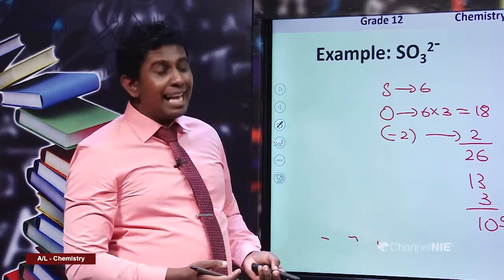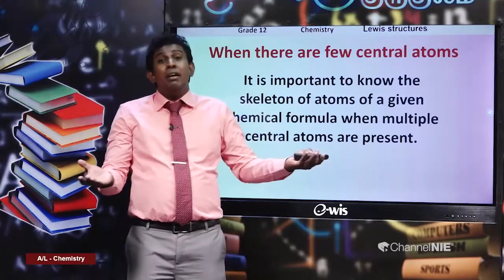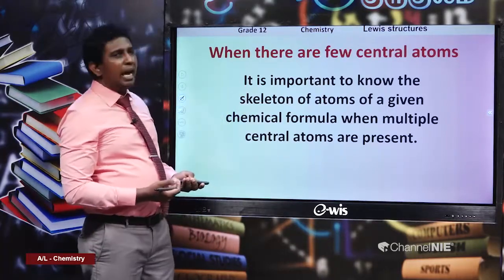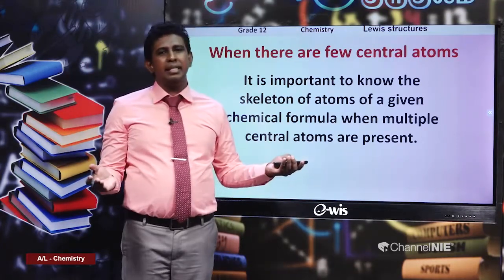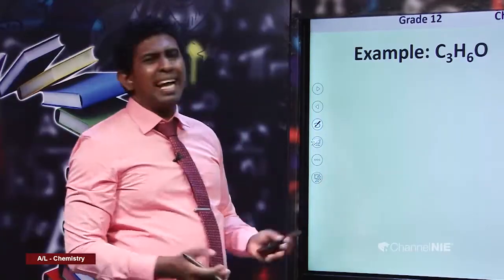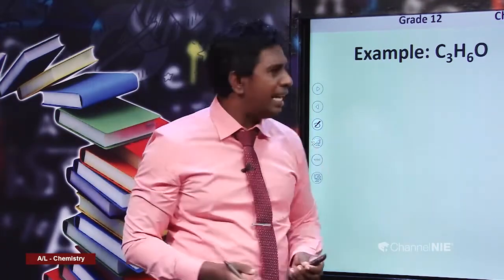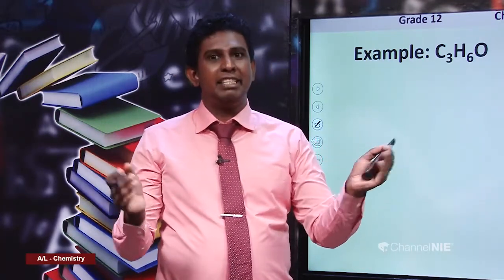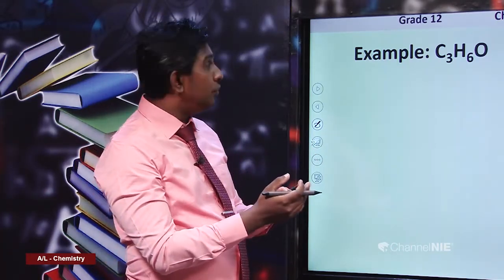Then students, in that aspect, you need to be provided with an idea at the very beginning. If you have more than one central atom, they need to guide you, giving the skeleton at the very beginning. Otherwise, we can't decide what kind of structure it would be carrying. When the mid-atom is uncertain, when it is possible to find more than one mid-atom, you need to be guided, provided with the possible skeleton. If they are providing you the skeleton only, you could draw that. Otherwise, you could go